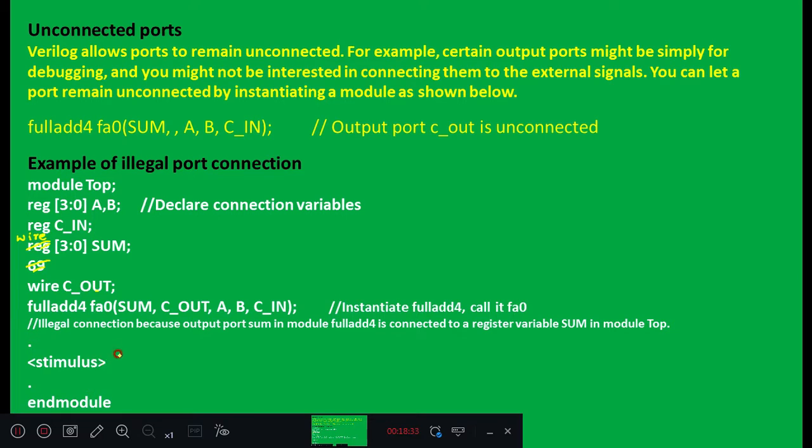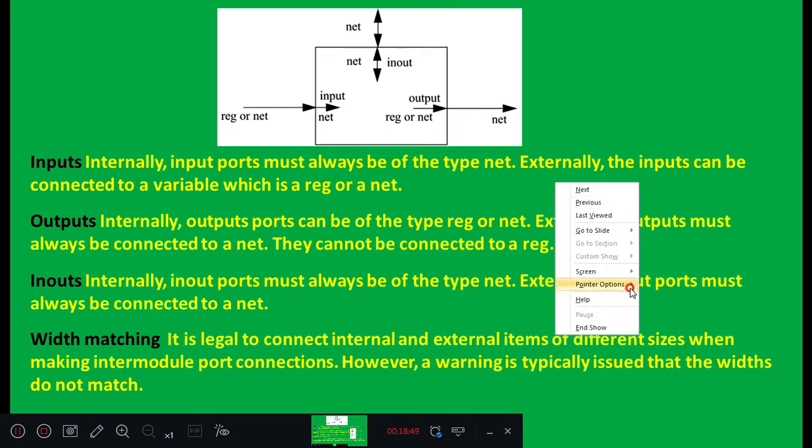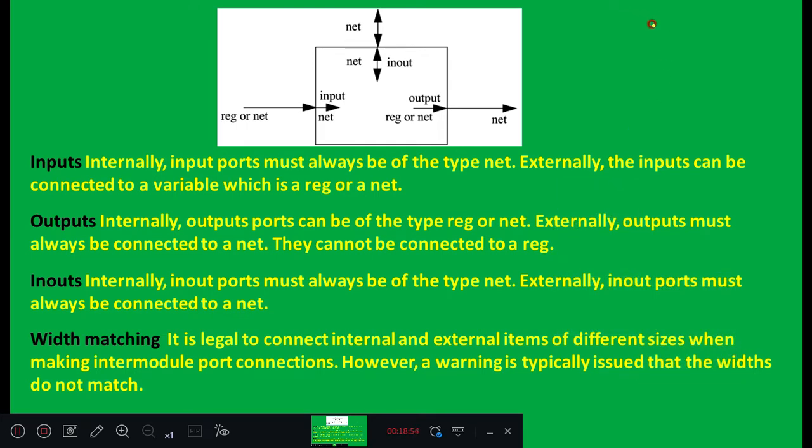If I revisit and analyze once again what we have analyzed in the port connection rule, for output, internally it can be defined as a register or net, that is allowed, but for the external signal when you are trying to connect, if you remember, from module top, in module top, full add 4 acts as a component.